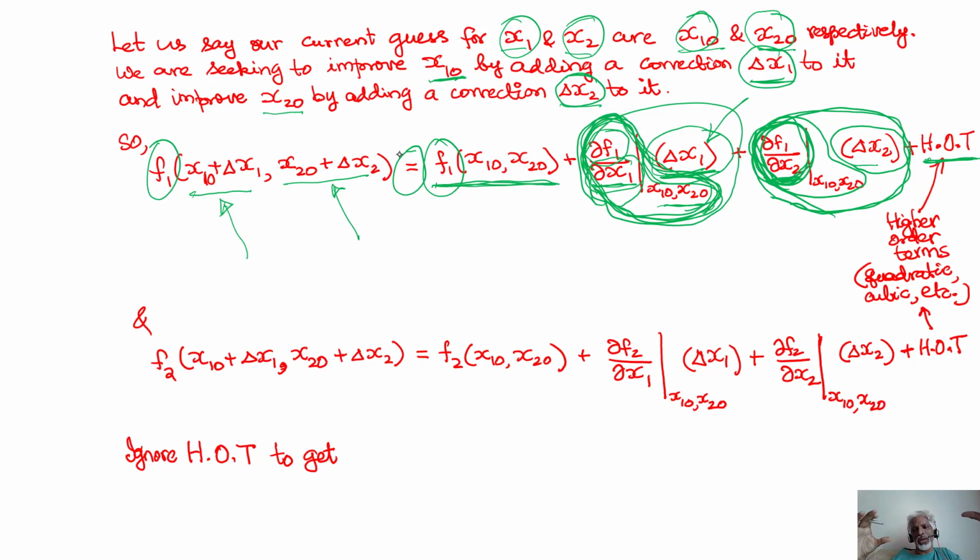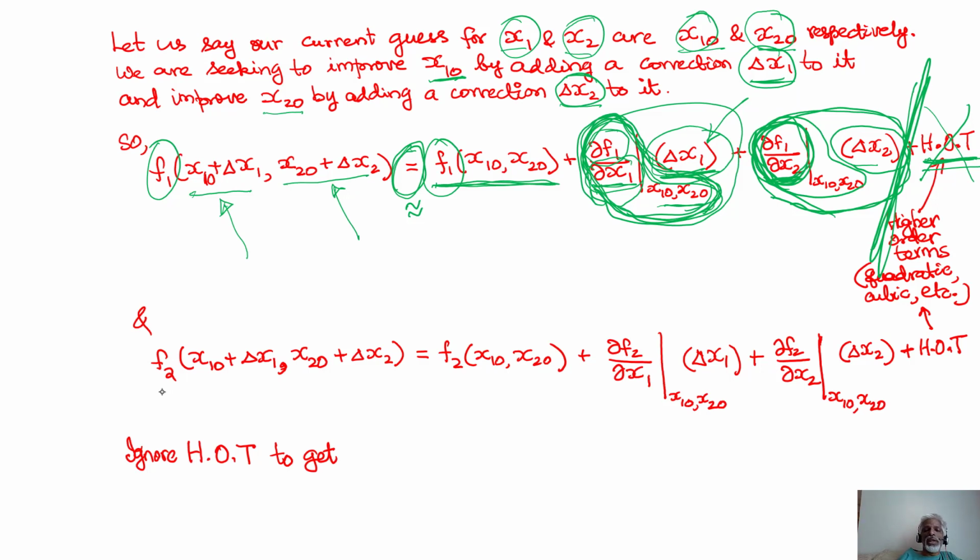If I want to solve it in one shot, then I have to include these higher order terms, and with the inclusion of quadratic, cubic and all these terms that come on the right hand side, the problem is going to be non-linear. I'm trying to avoid the solution of a non-linear problem by solving the nonlinear problem as a series of linear problems. So I recognize that with the inclusion of higher order terms, this will be strict equality. But if I ignore these higher order terms for easiness of solution, then this is going to become approximately equal to, because I'm going to truncate after this term. Okay, so that's the idea.